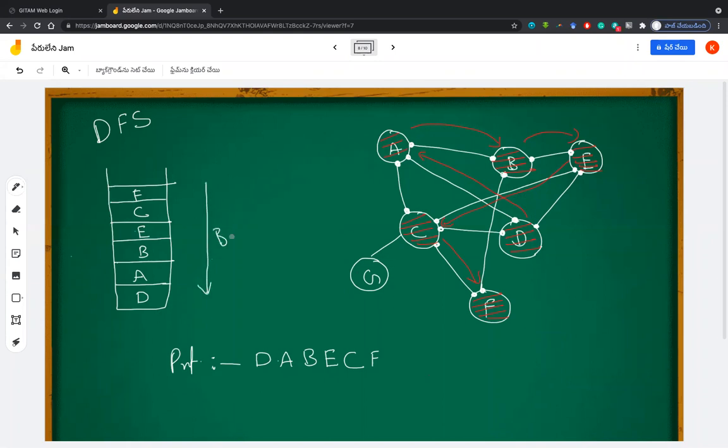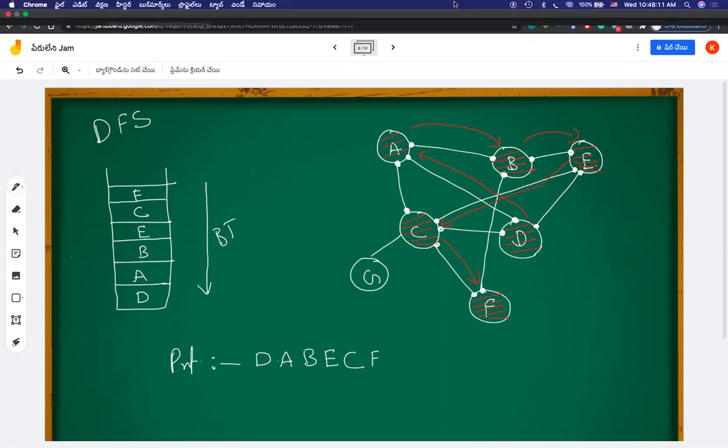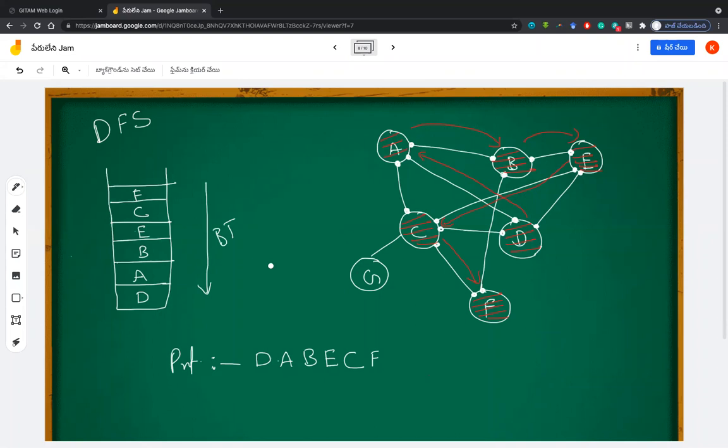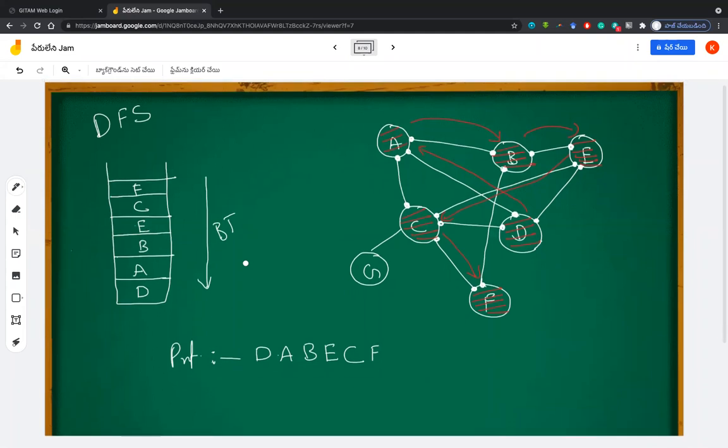Somebody asked the question last time, what is backtracking? Actually backtracking is most probably applied in neural networks and all also. We look at the analysis when we go back and see whether we are right or not. When we have gone to F, we are not right, we are still left over with G, another node. So how do we backtrack? After the last node, if it is the end of visiting, we see if F is remaining with anything. Nothing, right? So we will pop F.